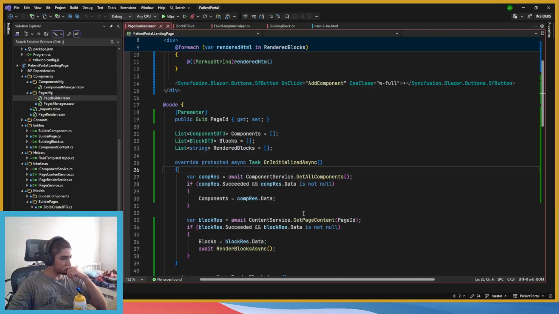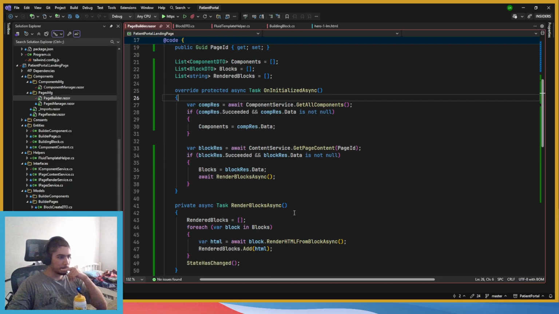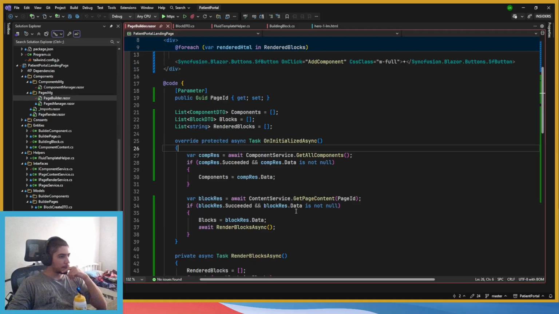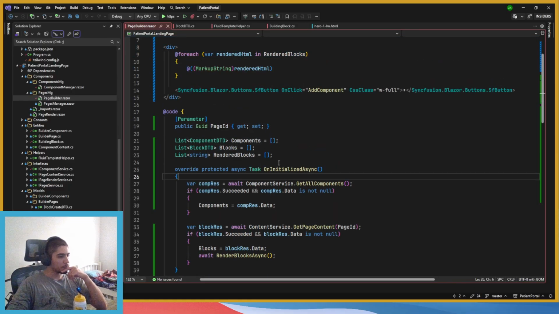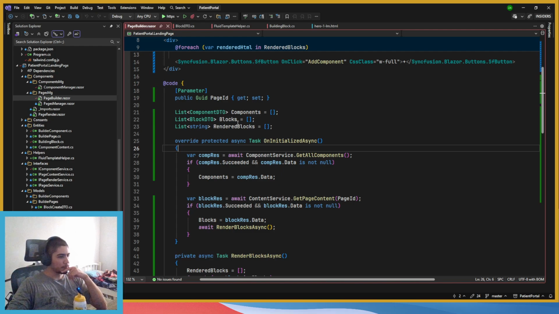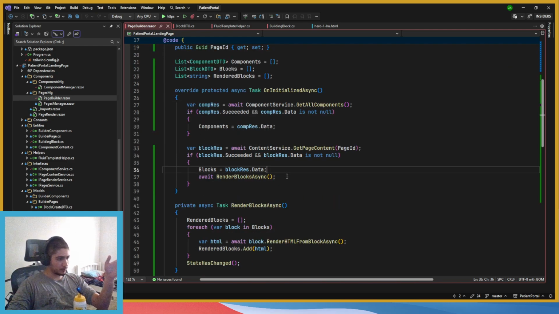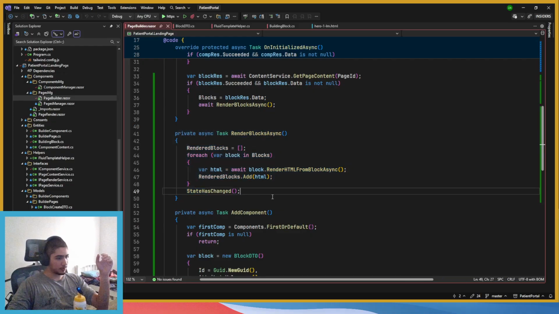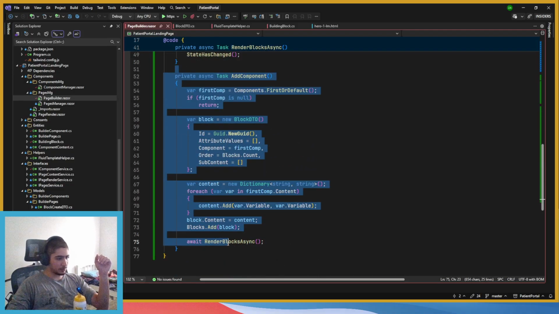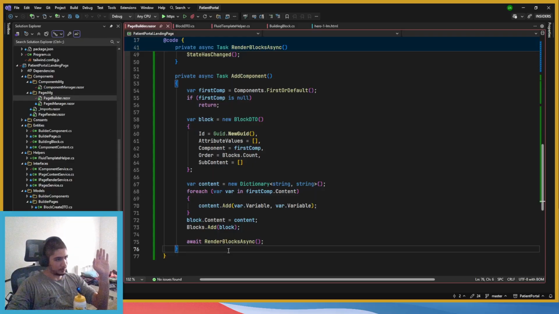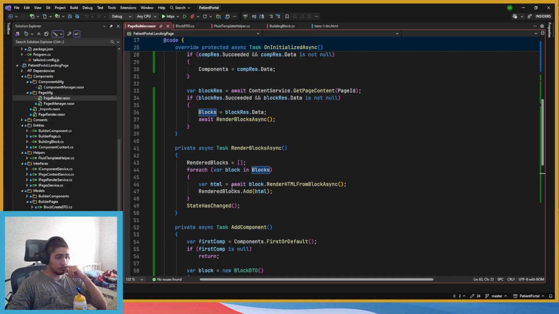Okay, let's see. So it added render blocks, render async, add components. Did it? It left this code as is. Yeah, it just changed this one. Super cool. What can I say?